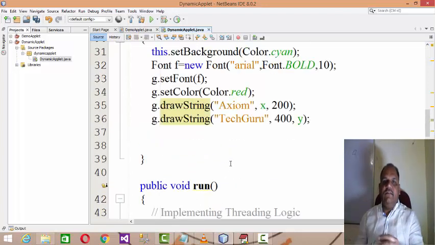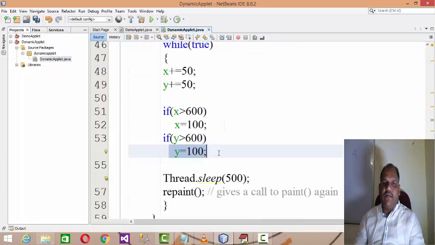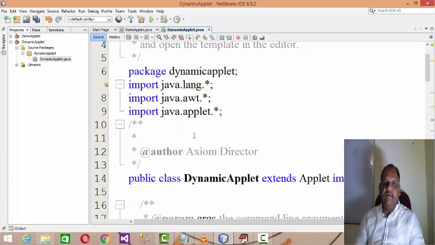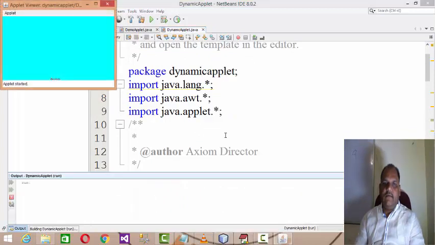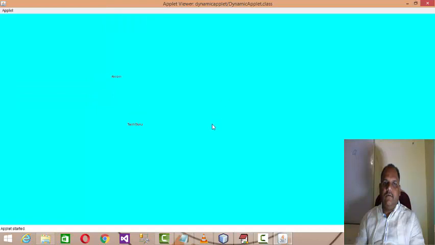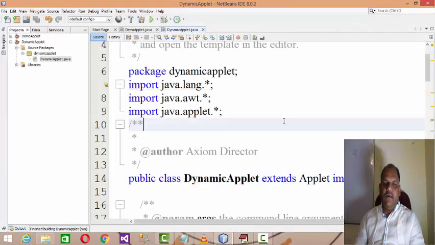Clear? And this is the way you can generate the dynamic applet. Let us try this. Look here. Okay, I just want to increase the size of it.